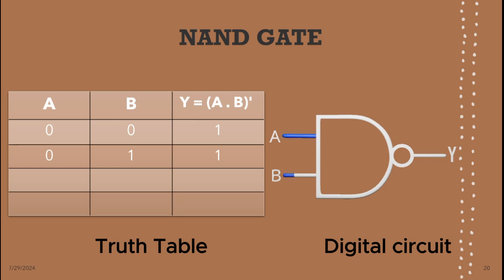In the same way, if value of A is equal to 0 and value of B is 1, then the output would be 1. That is in AND case is 0. As we know that if any value is 0, then the output would be 0, or you can say false or low. In the same way, if A is equal to 1 and B is equal to 0, the result would be 1. That is inversion of AND operator. And if both values are 1, then the output would be 0. Hopefully you understand the concept.